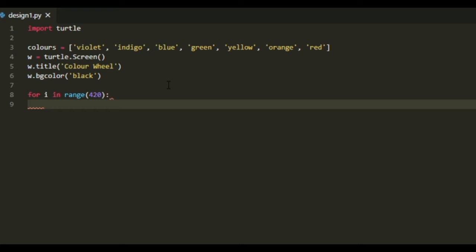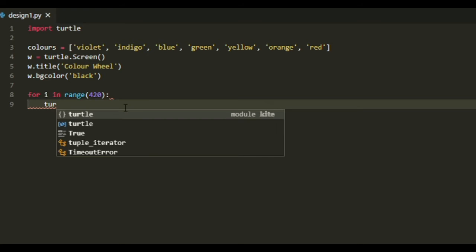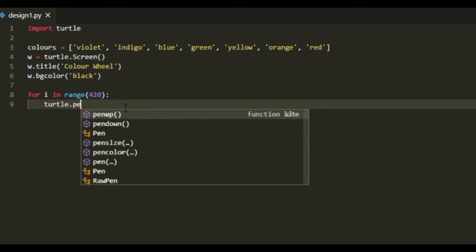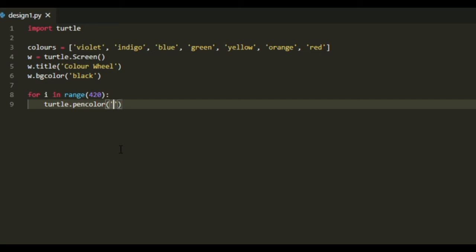That's why 7 into 60 is 420, as in 7 colors of the rainbow and 60 degrees. Then we'll write turtle dot pencolor, and we'll write the color as one of the colors from the list.